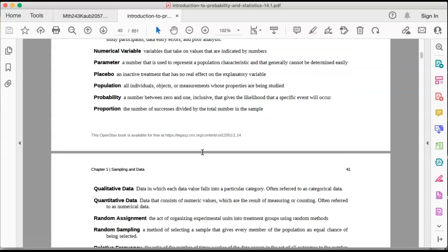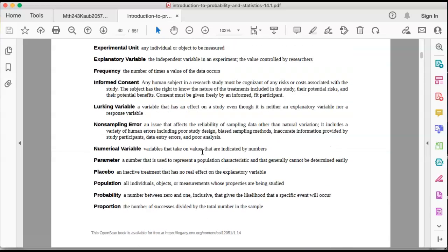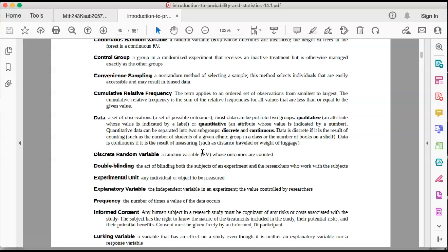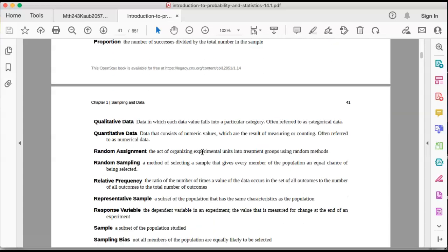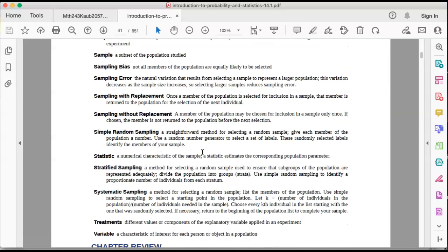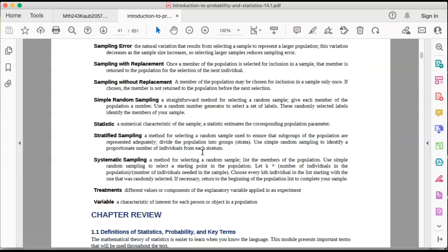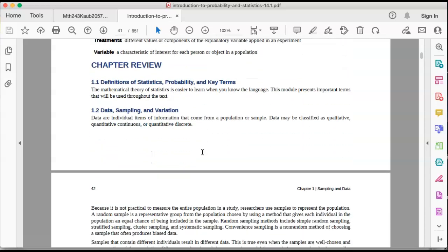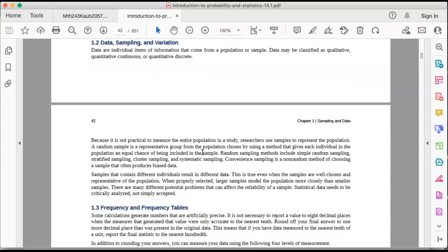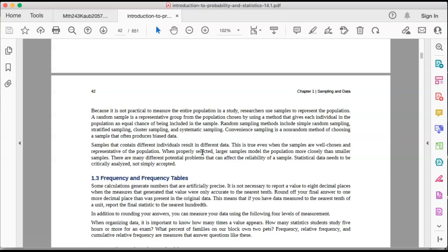Also, in this section at the end where it gives a summary, if there are any formulas that you're going to need in the chapter, they'll also be listed here. In this chapter, there are no formulas that they're asking you to do. So basically, it's just a lot of vocabulary. They also put in what the main concepts for each section are, and if they had formulas, they would give you formulas here. All right, so take some time, read through Chapter 1, and use those vocabulary terms to answer questions in the